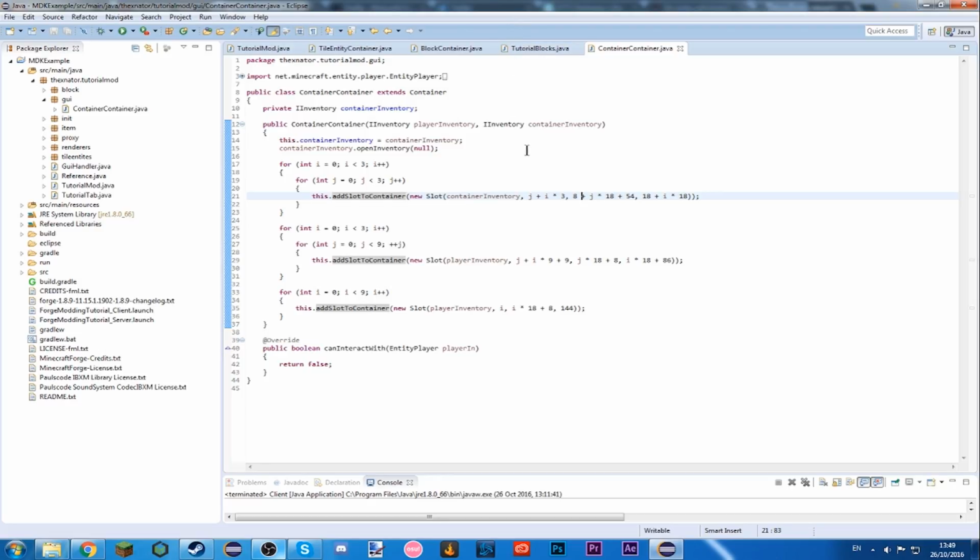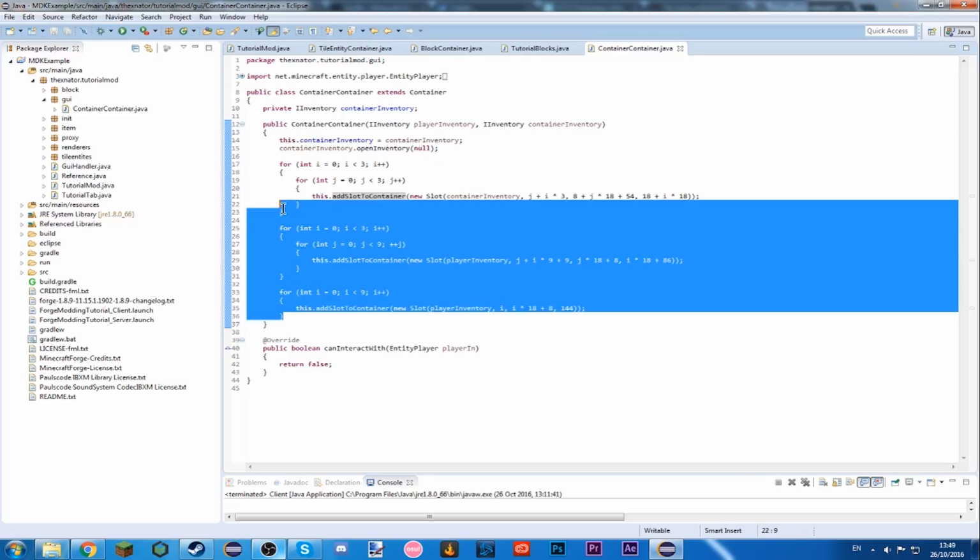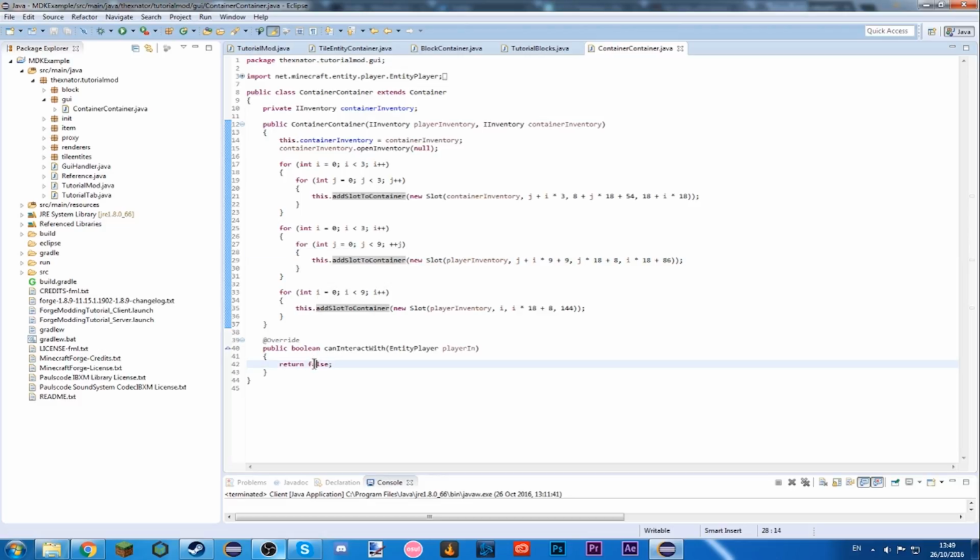And then this, you've got to do this 3 times. Well, each one's different, but you've got to do all of this. And then we want this can interact with, and we want to return container inventory dot is usable by player. If the player can actually use our container, then it will let the player